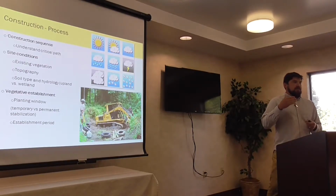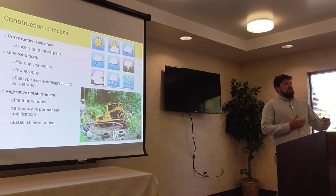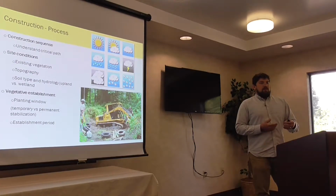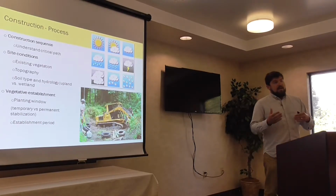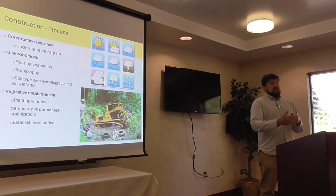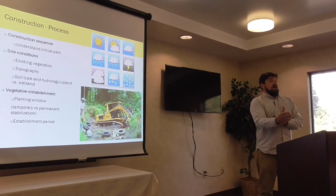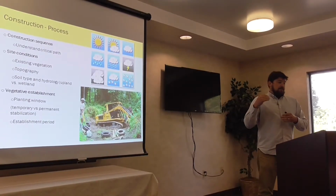Are we implementing this project in the correct manner? Are stormwater systems going in before we do all our other site work? But also, are we doing it efficiently? A lot of times, we run into situations where we do things differently than what a lot of our excavators are used to in the Lancaster County area. So we have to sit down with them and say, look, I know your process is this. This is a process we need you to follow because the goals of this project require that